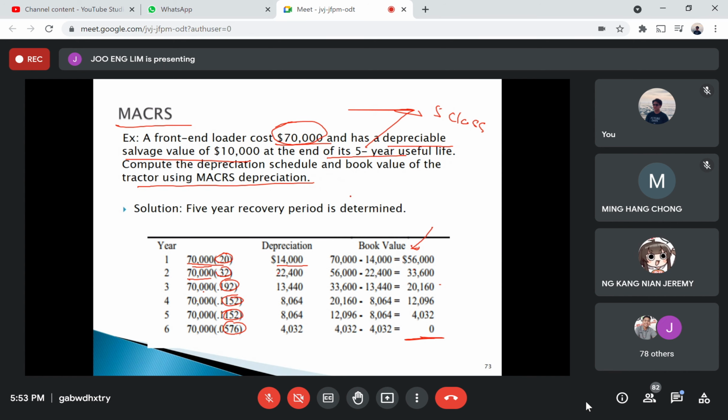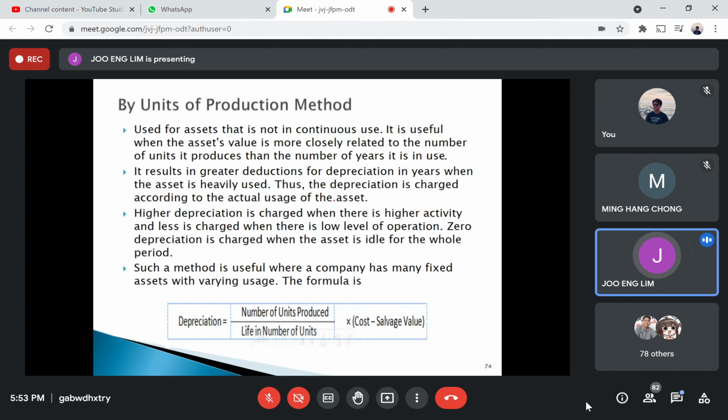Okay, this is the technique. We move on to the last technique, called the units of production technique. This is the only technique that allows us to charge depreciation expenses by usage, meaning that the more you use, the higher the amount that you can depreciate,